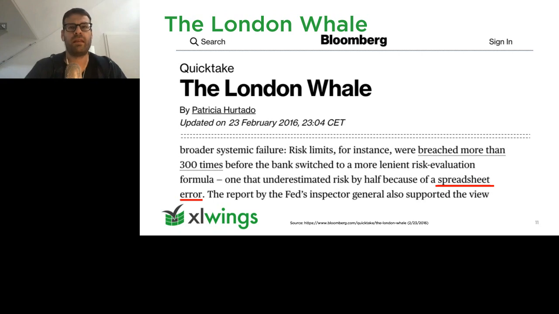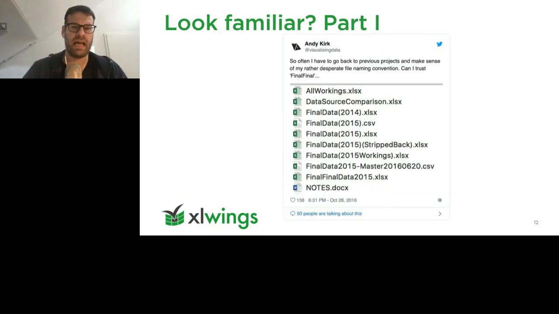And so these things happen because Excel spreadsheets are basically used in a bit of a cowboy style, right? So this tweet here is really nicely summarizing how people deal with their files on disk. So they just add _v1, _v2, _edit John, and in the end it gets sent back and forth. You lose the overview of what's happening. So definitely one of the issues that I mentioned initially, we tried to get a grip on with our tool